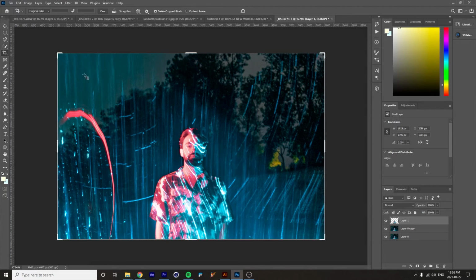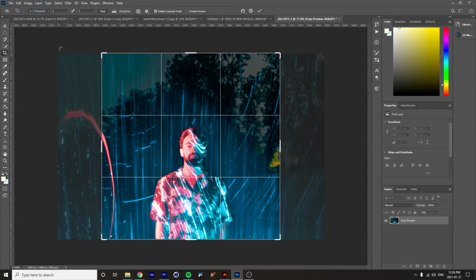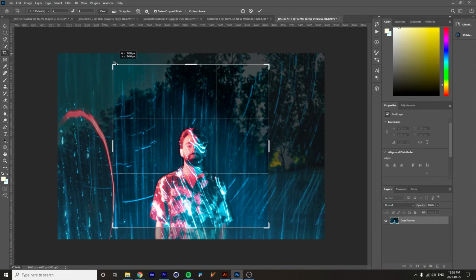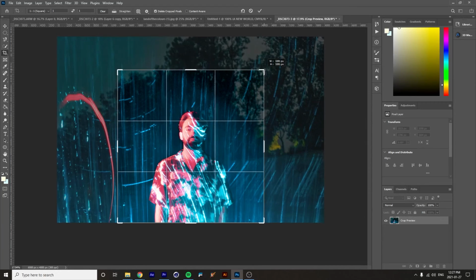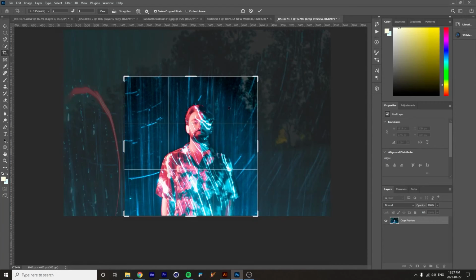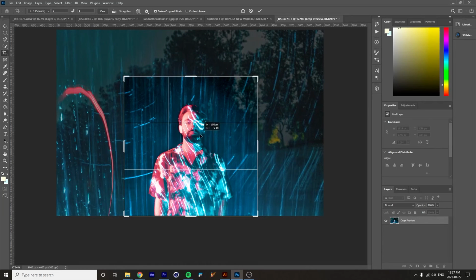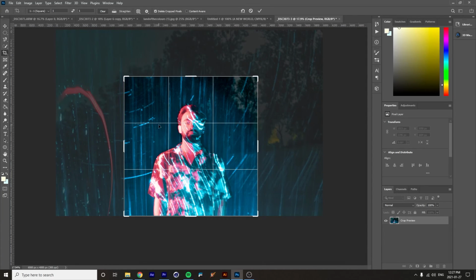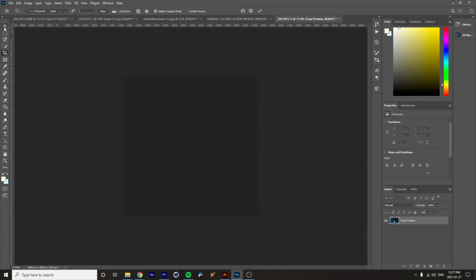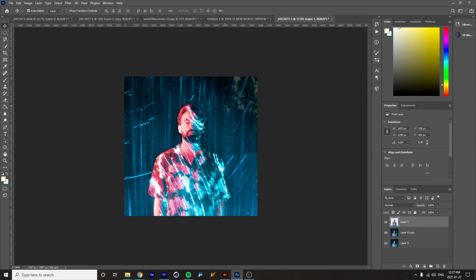And then let's go ahead and crop this to a square. So I'm just going to make sure that the red gets out of it. And I'm going to crop, I think, around his eye line with this top rule of thirds, and then center it. So I think that's looking pretty good. So this will be our CD cover size. Okay, so let's